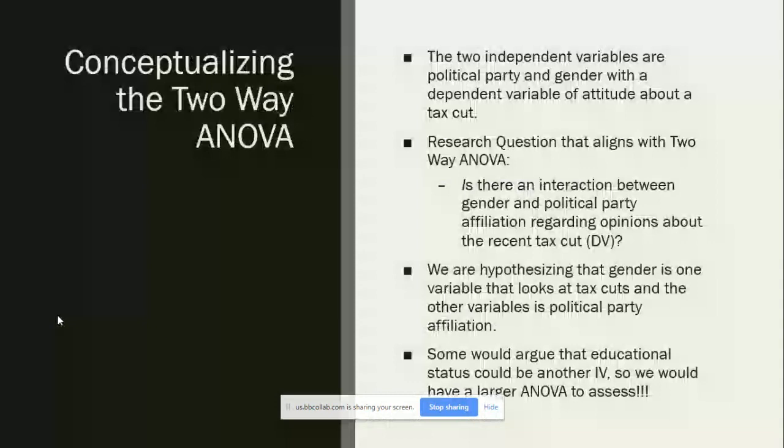So we can conceptualize the two-way ANOVA. There are two independent variables, political party and gender, with a dependent variable, attitude about the tax cut. So the research question aligns with the two-way ANOVA. Again, you have to make sure your research question aligns with your problem statement, purpose statement, and so on. You just don't make up anything and try to figure out that you have to do a two-way ANOVA. So the kind of research question you may have for a two-way ANOVA: is there an interaction